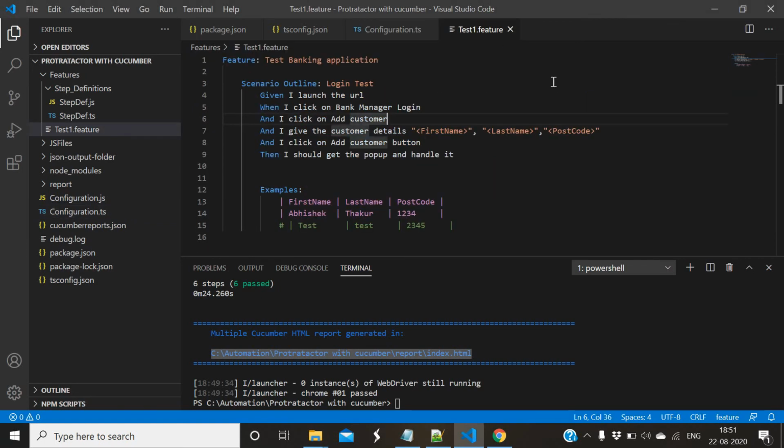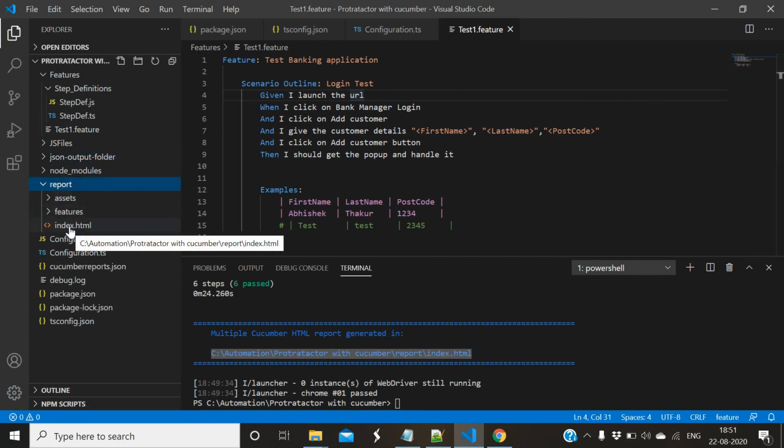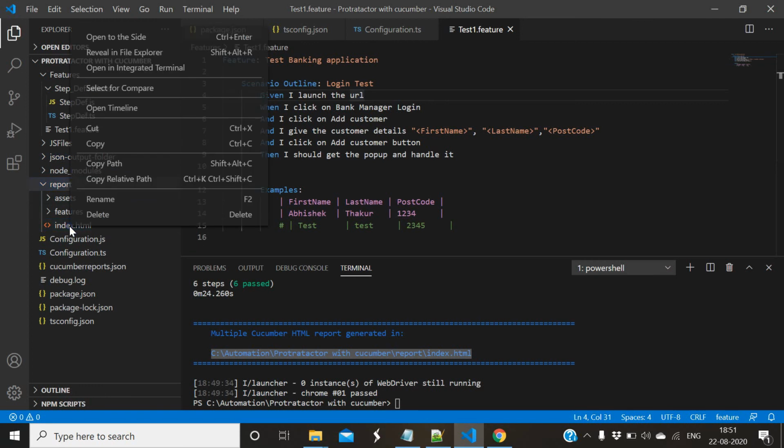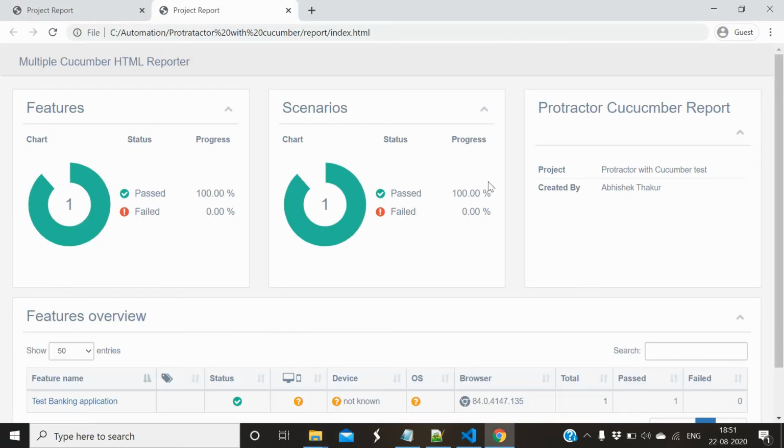Once you run, you will be able to see in your workspace on the left side a JSON output folder. This is created based on your report. Also under report, this is a .html file, right? You can open this in file explorer and double click it, and you will be able to see your report.